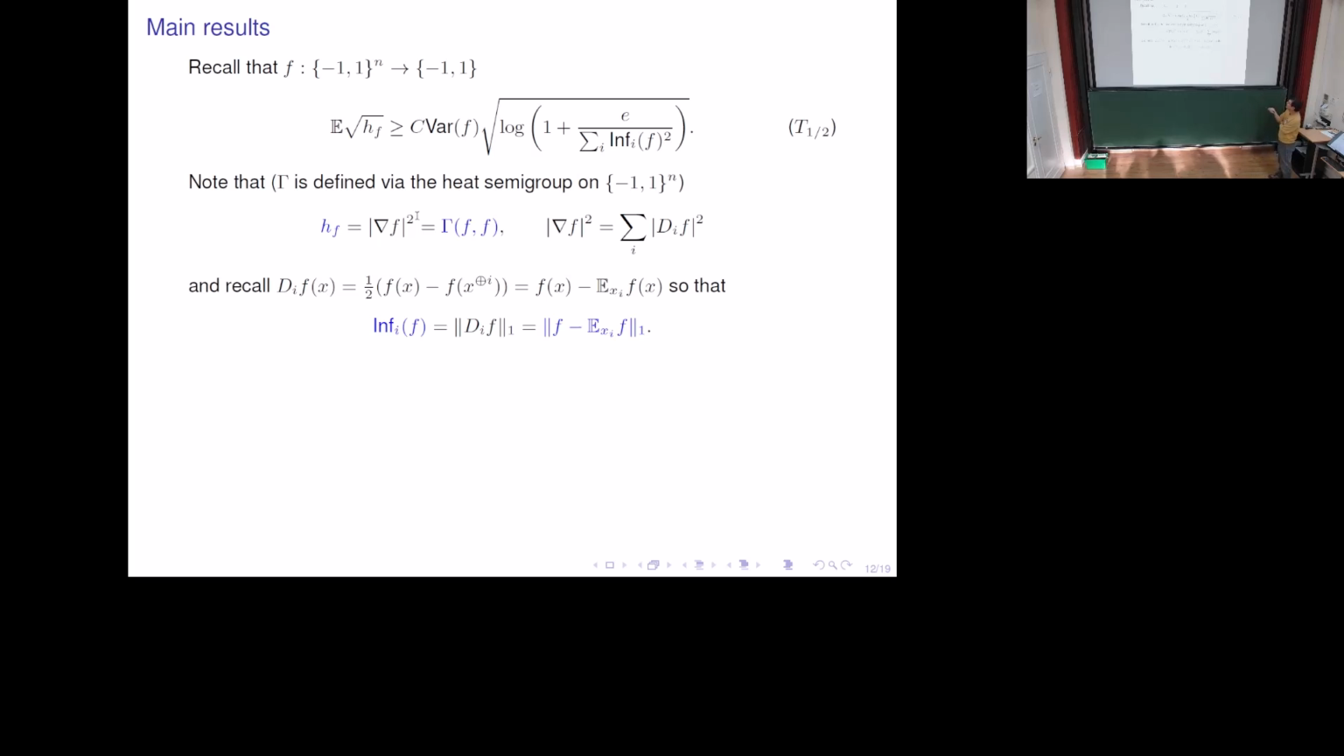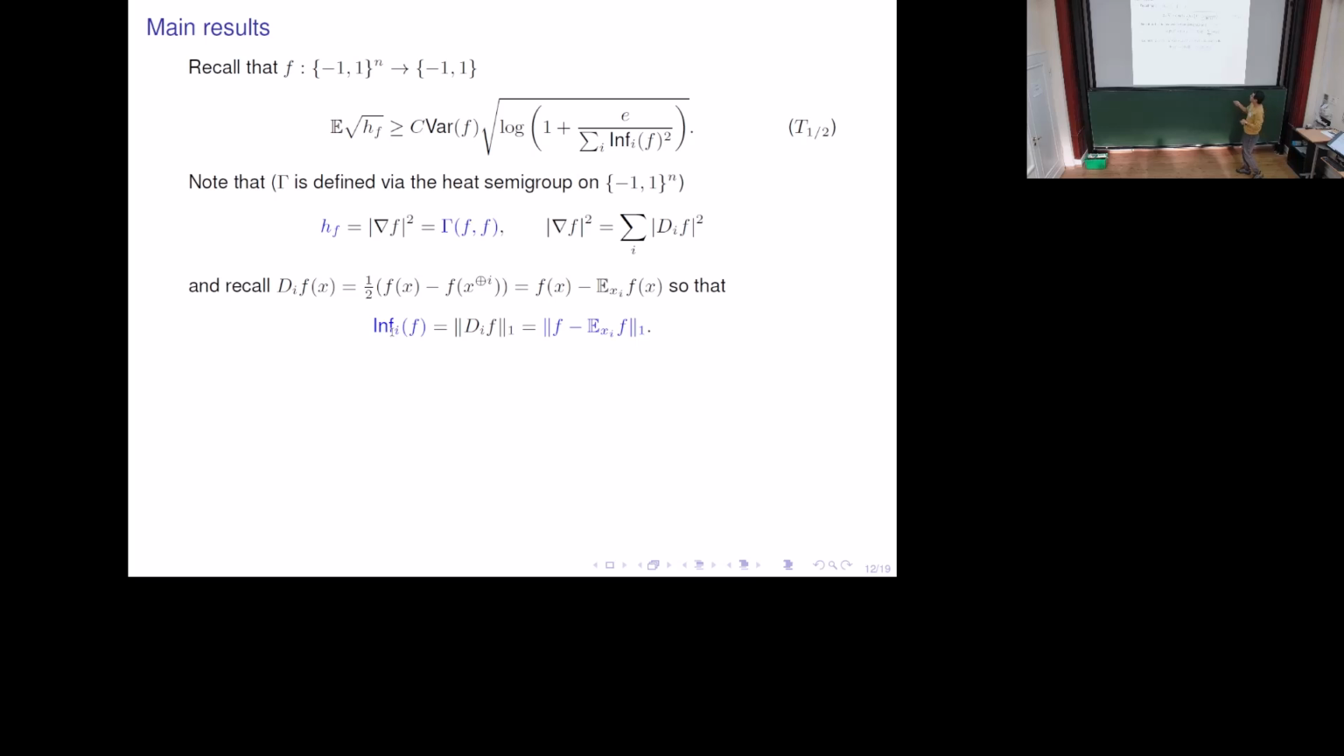Similarly, the influence can be defined in more general spaces as well. Recall that the sensitivity, the individual influence, can be defined to be the p-th power of the Lp norm of this partial derivative D_i acting on f. Here in particular, we are going to choose the L1 norm of D_i f to define the influence, but